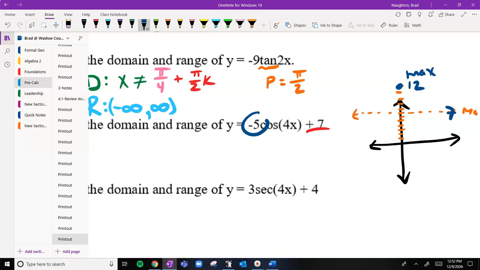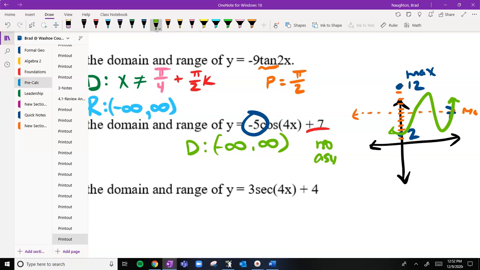So my amplitude being 5, 7 plus 5 giving me 12 kind of makes sense. And then my min down here is going to be at 2. And then because it is a cosine function, it's going to go ahead with a negative and look something like that. Cool. So my domain for sine and cosine is always from negative infinity to infinity, really because there's